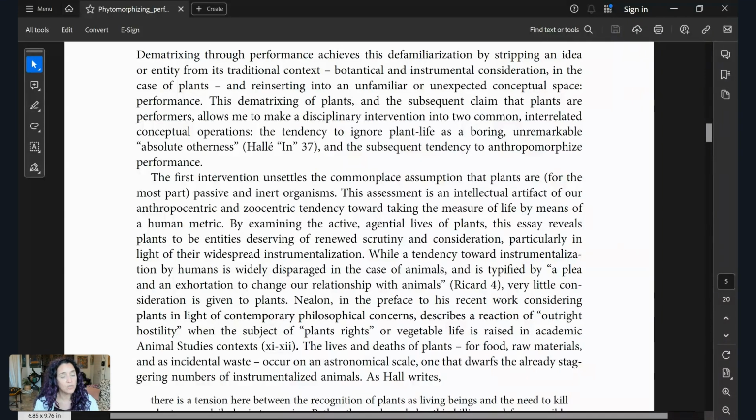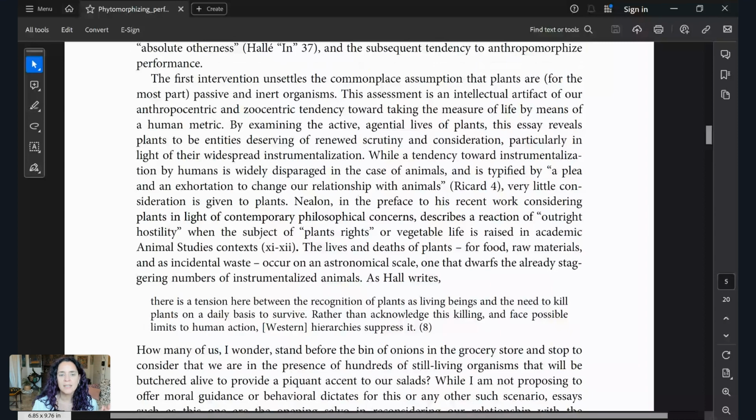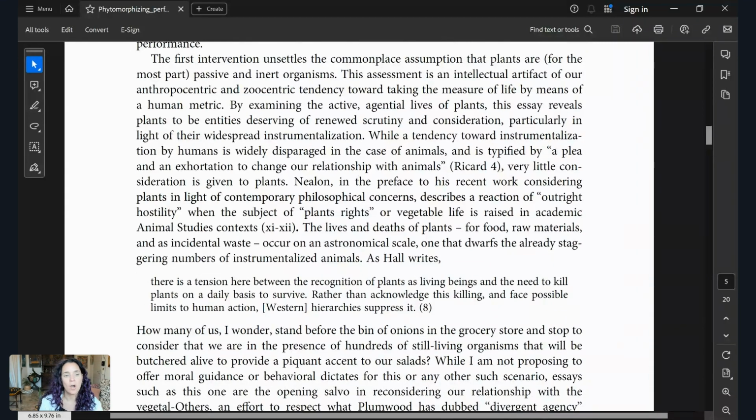two common interrelated conceptual operations: the tendency to ignore plant life as a boring, unremarkable, absolute otherness, hate that, and the subsequent tendency to anthropomorphize performance. The first intervention unsettles the commonplace assumptions that plants are, for the most part, passive and inert organisms. This assessment is an intellectual artifact of our anthropocentric and zoocentric tendencies towards taking the measure of life by means